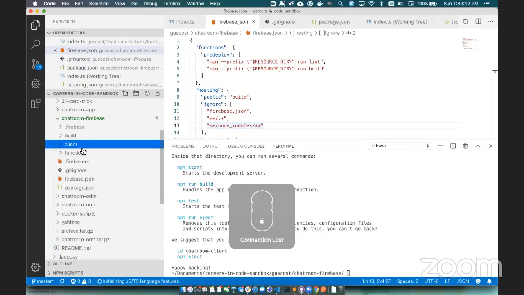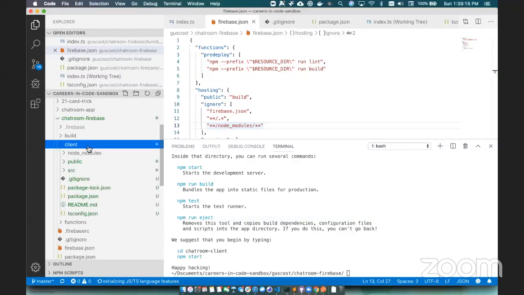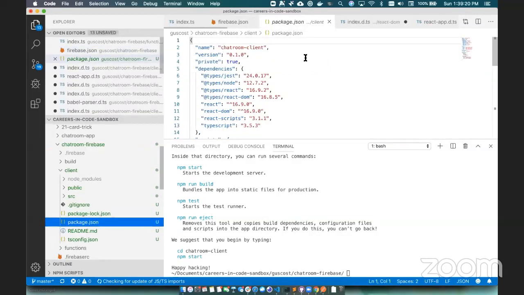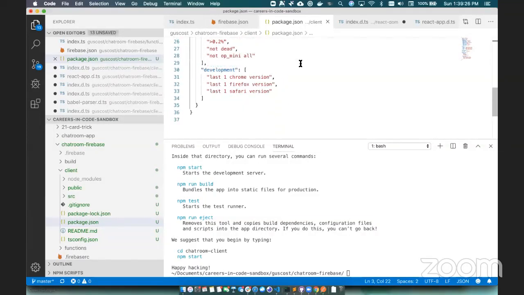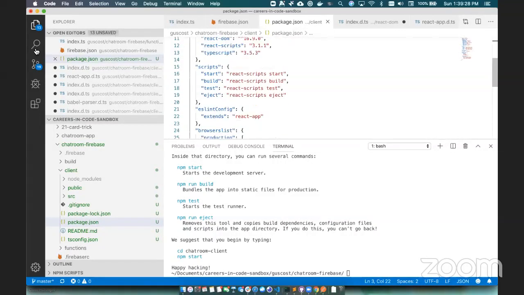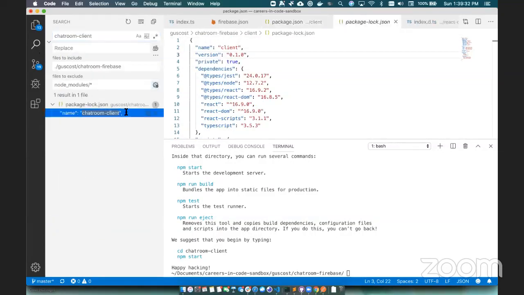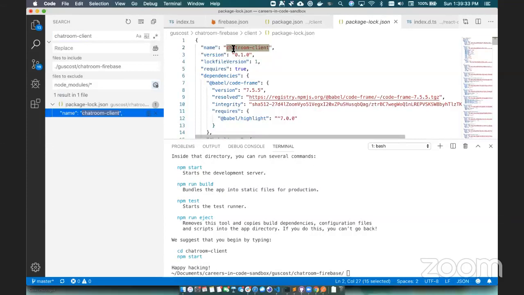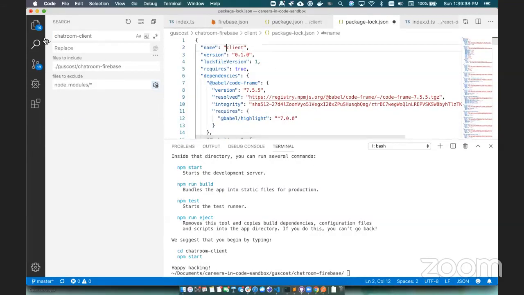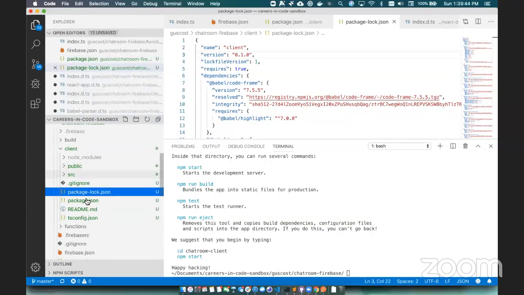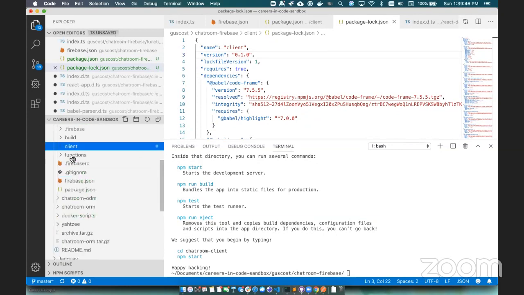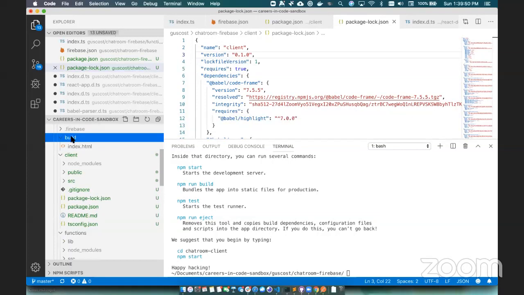All right, well, I'm going to call it client and functions because apparently this is just ridiculous. All right. We call this stupid thing client. All right. So we have client and we have functions. Now build, I don't think we want to keep this one